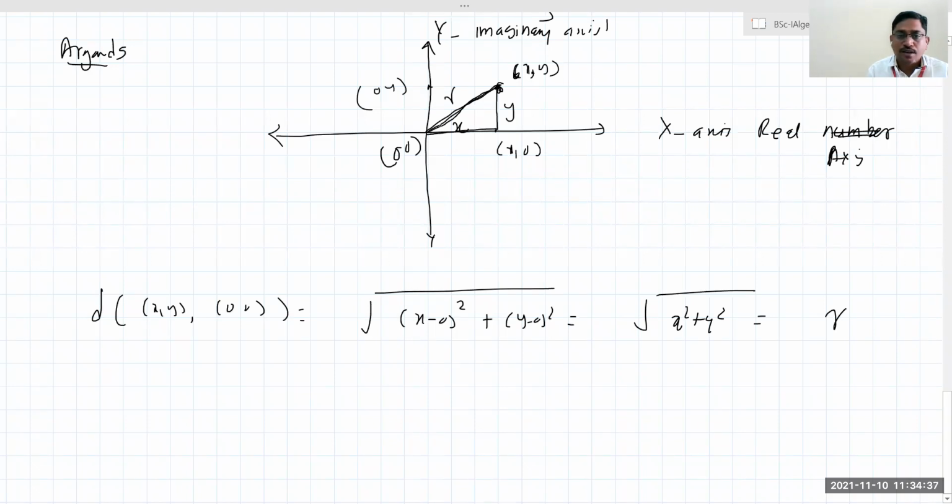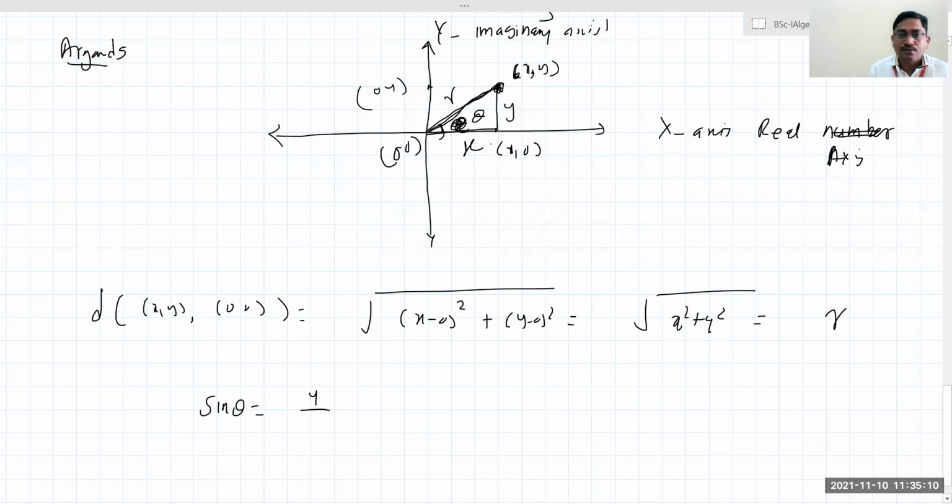So what is theta? The angle made: you draw the line from this point to the origin, and let this angle be theta. Okay, I'll write x here. So tell me, what is the value of cos theta here? This is your point, r. What is the value of sin theta? y by r. Theta's opposite side divided by hypotenuse.